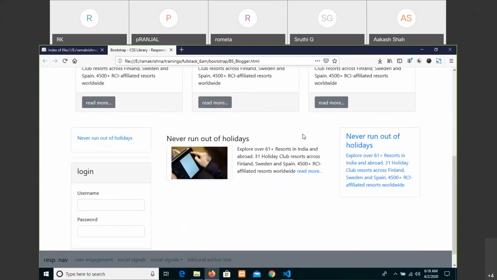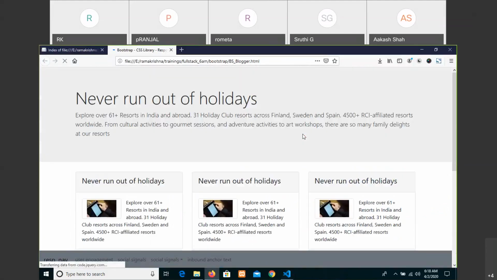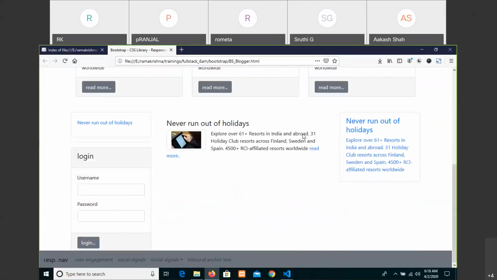This is what, but the image is too much bigger, so make it something like this. Okay, then